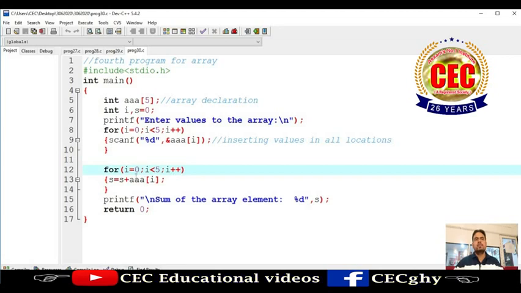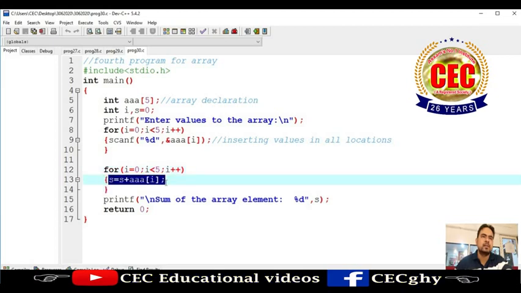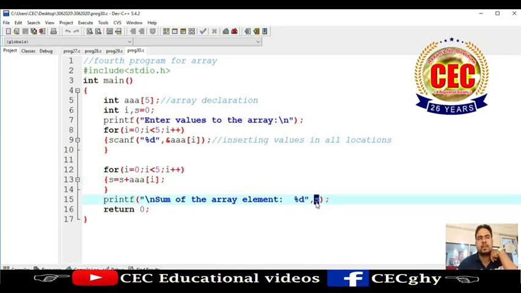Then I write a for loop, and the loop rotates from the 0th index to the 4th index, as we have 5 elements, so 0 to 4, and the sum is done here. So to calculate the numbers we are doing this, and the value of s is displayed here.